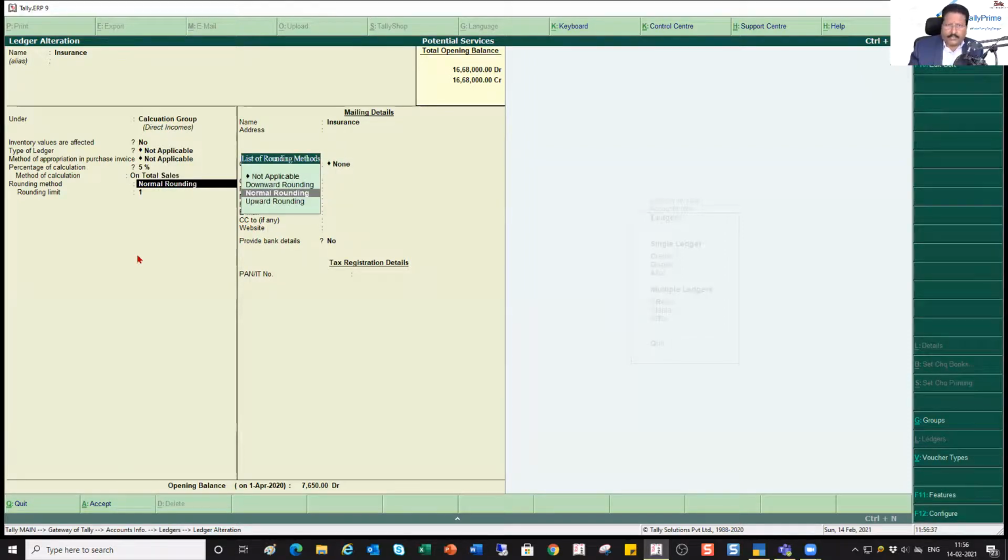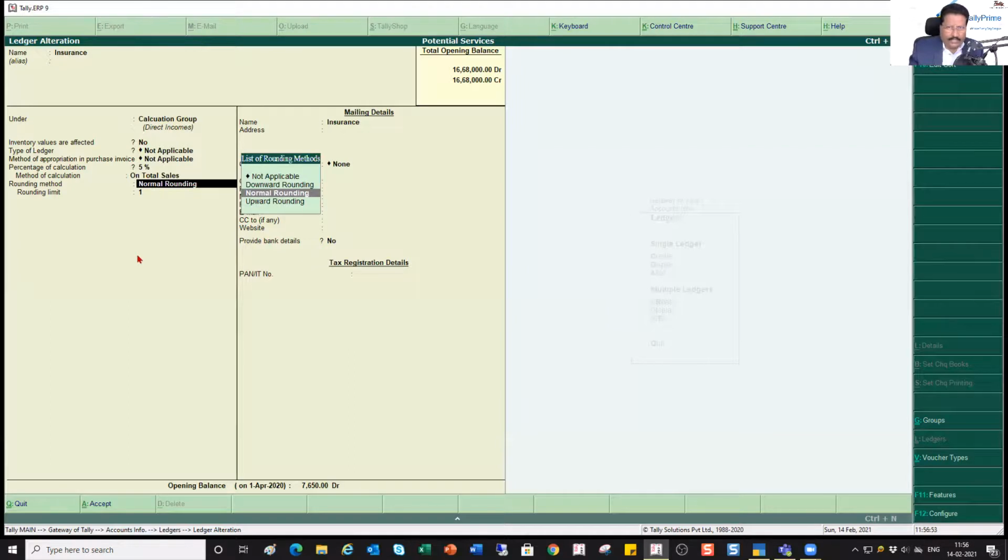And then, supposing there is a fraction, Tally is asking you, do you want me to use a rounding off method, right? So you can select any of the rounding off methods.